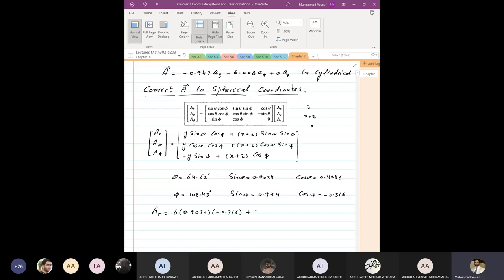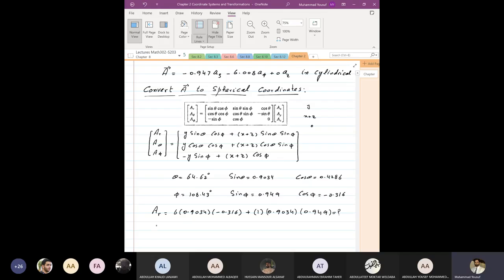Plus the second part is x plus z, which is 1, multiply sine theta, which is 0.9034, and multiply sine phi, which is 0.949. And you need to calculate what this is